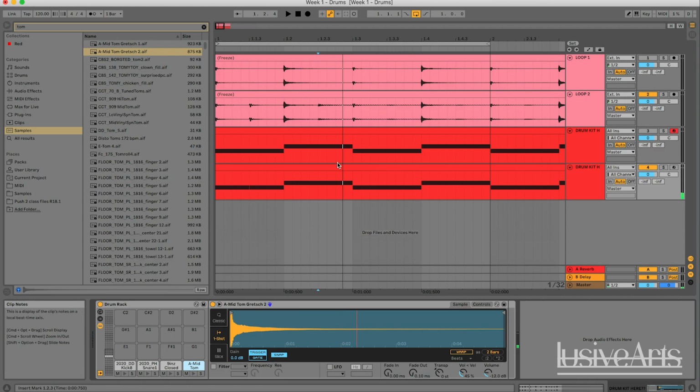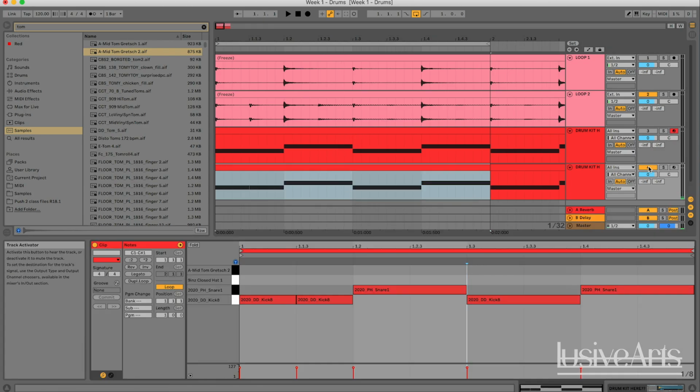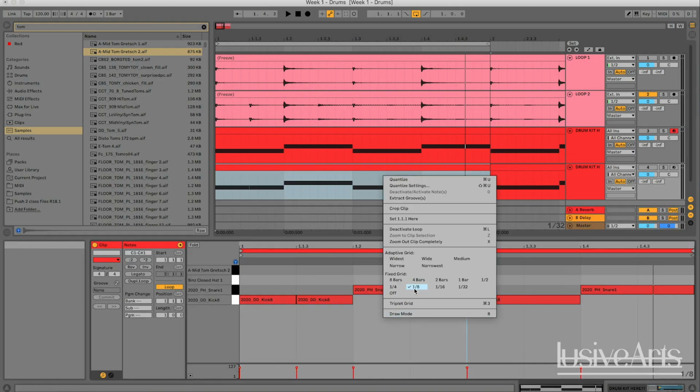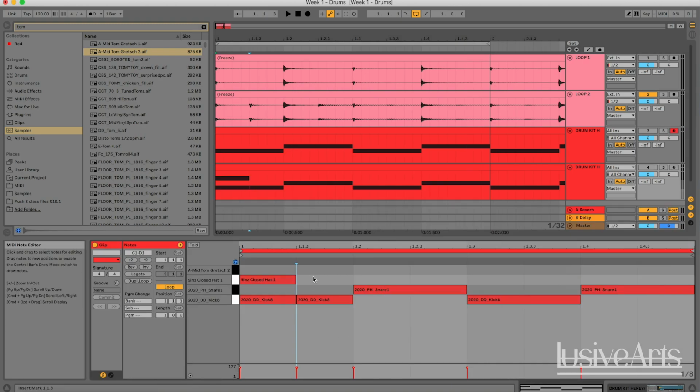So let's listen to this hat pattern. So it's quite quick. So if we actually just count how many hats are in there in this one bar, 1, 2, 3, 4, 5, 6, 7, 8, 1, 2, 3, 4, 5, 6, 7, 8. There's 8. So that means it's going to be eighth notes. So if I set this to 8, it means we're going to have one hat in each of these little